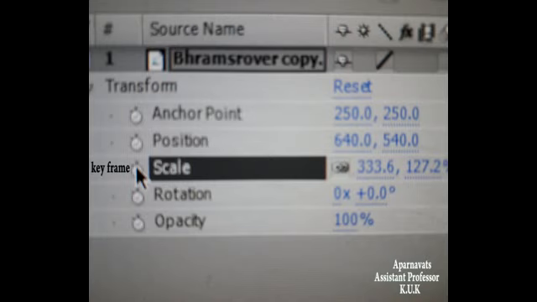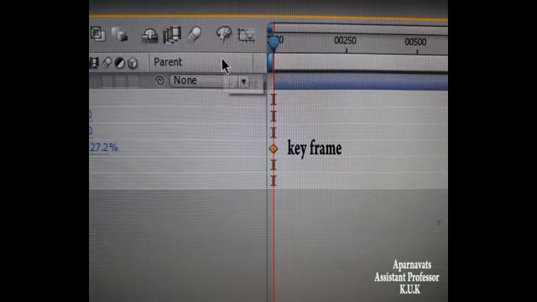You can change scale, increase, decrease, zoom in, zoom out. Like this you can change the scaling numbers in your timeline. Your keyframes will be selected in different timeline ranges: 50, 100, 150, 200, 250, 300 on the timeline. Like this you can do rotate and position also. You can change through the keyframe.